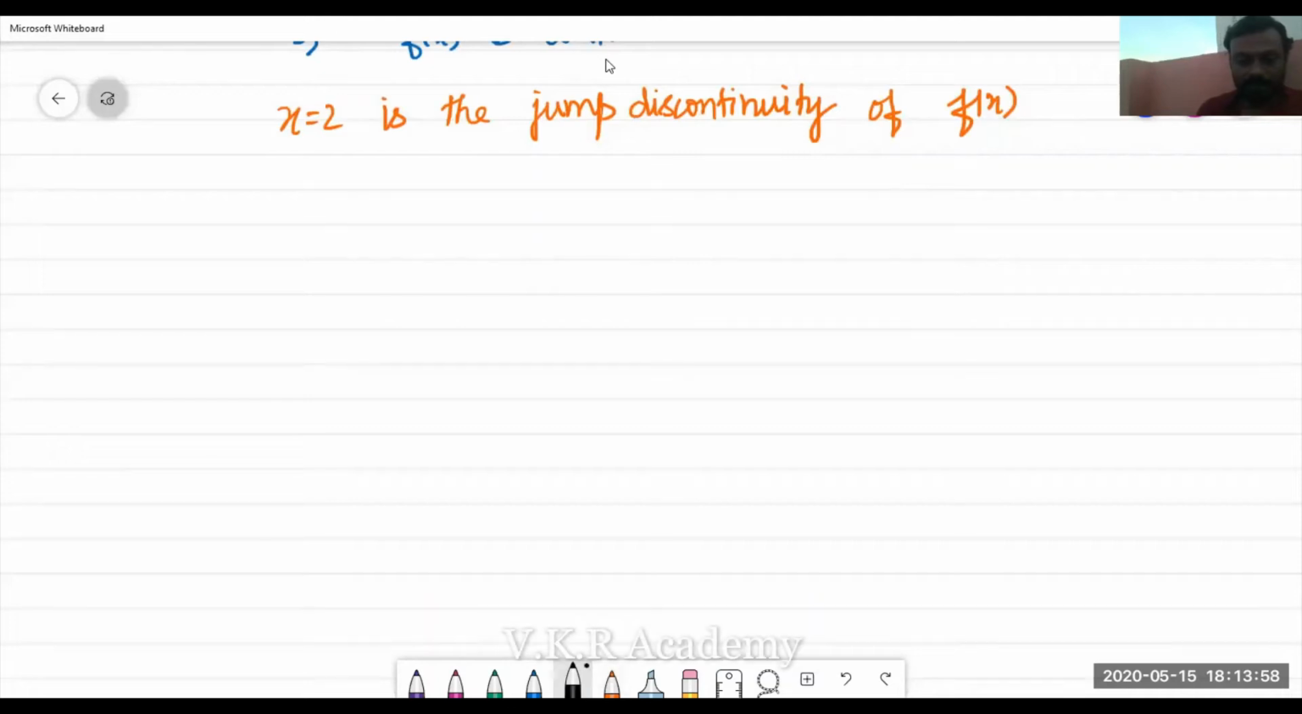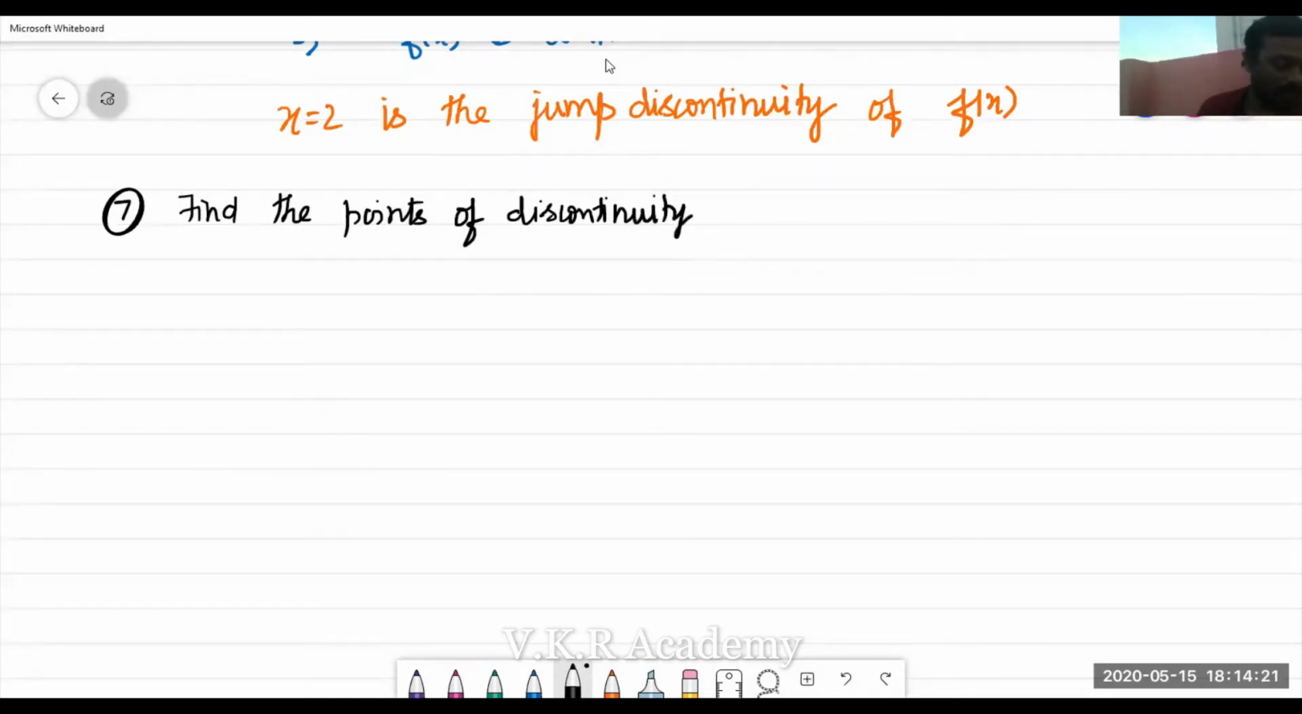Number 7. We have to find the points of discontinuity. Find the points of discontinuity of f of x is equal to